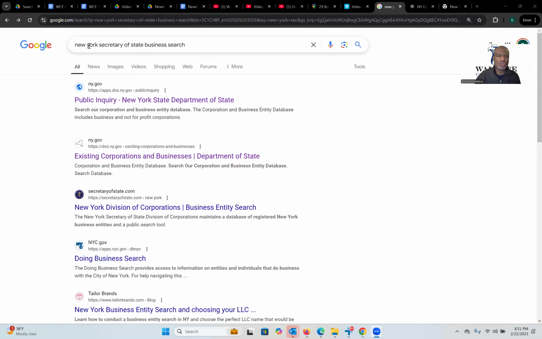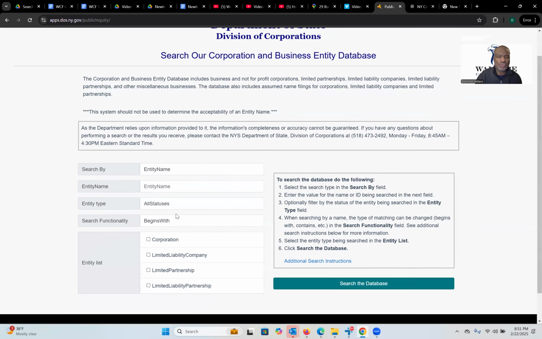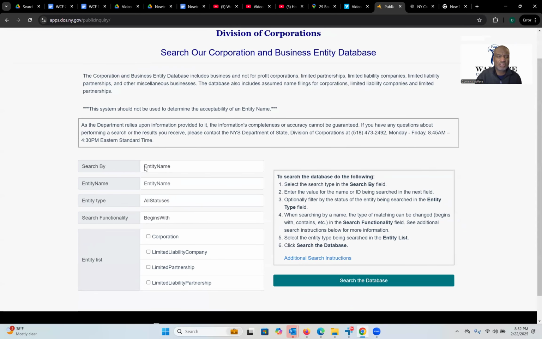Let's just say you want to get your corporate documents from the state of New York. So what you want to do is go to the Secretary of State's website. The first thing is to Google it and say, hey, New York Secretary of State business search. And once you click there, if you know the name of your company or entity, it says search by